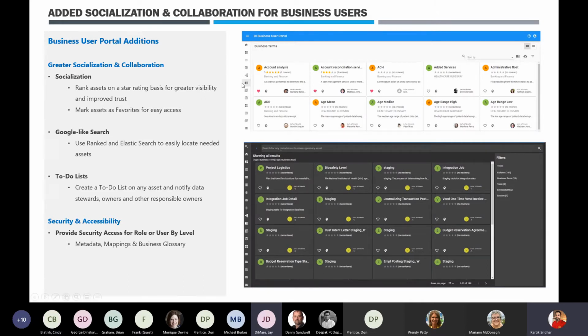And in addition to this, you will also have the ability to rate assets. So when you look at an asset, you as the business user will have the ability to rate it. You'll have the ability to provide your review on it. So the experience is very similar to what you would do when purchasing a product on Amazon, for example. So you look up what the star rating is for that particular asset. So whether this is a widely used term or is not a very widely used term within your organization. Or if you have two customers, which one is the highly rated one, so that that's the go-to term for you. So you'll be able to rate on it, and you'll be able to see the average of all ratings that the tool derives based on all the user ratings.